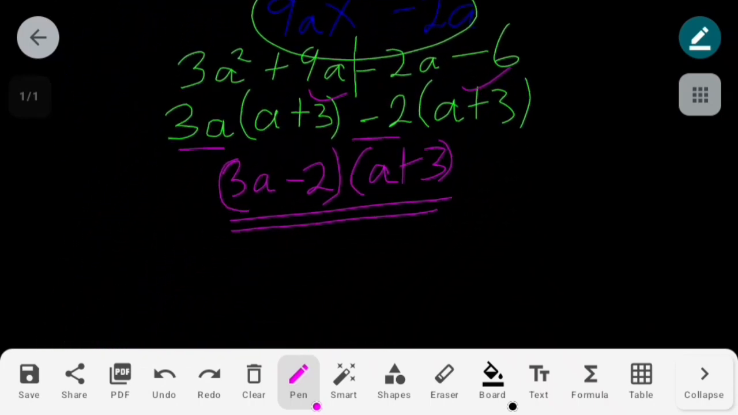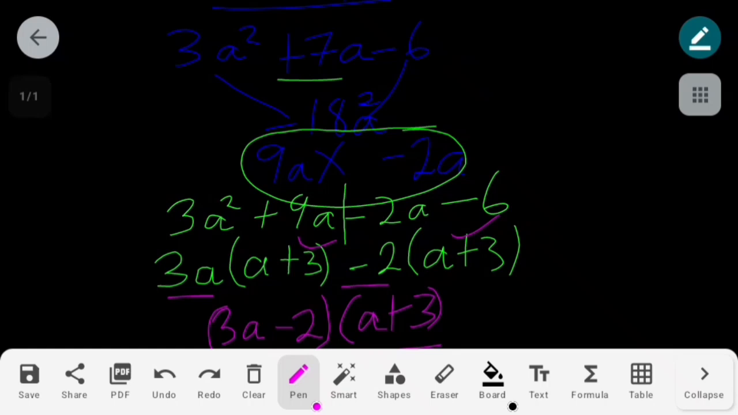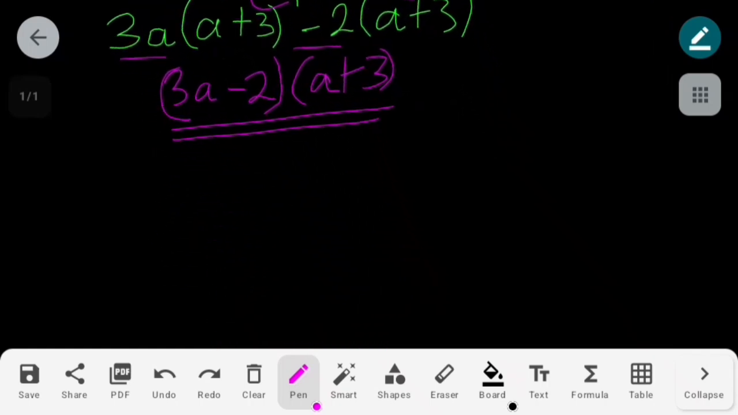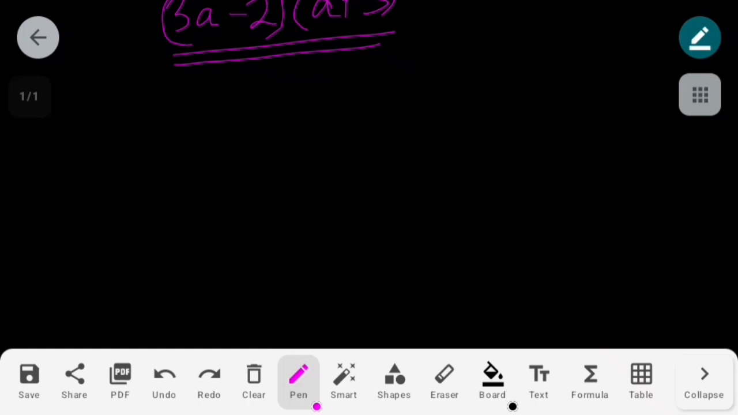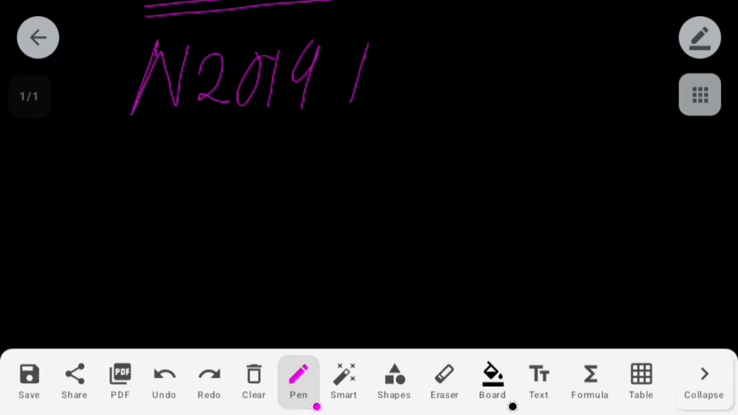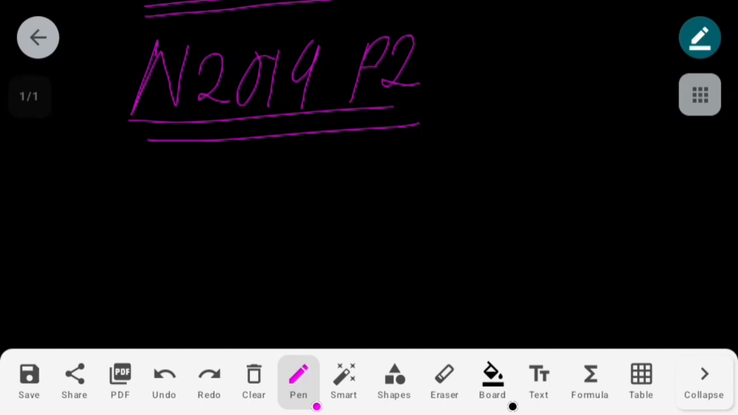So this is a trinomial question, or a 3-term factorisation question. So let's look at another example which came in November 2019, paper 2. On November 2019, paper 2. So the question says